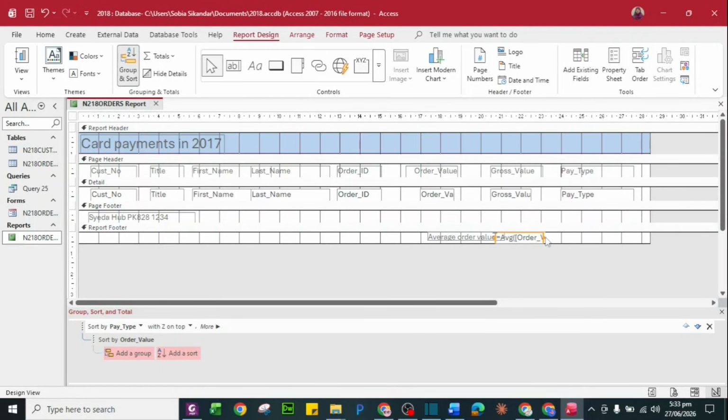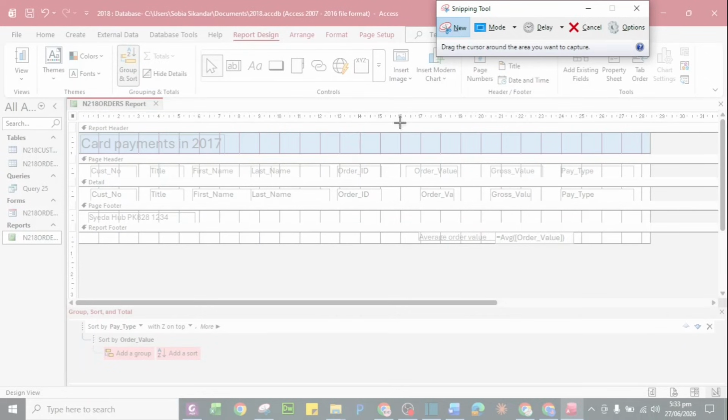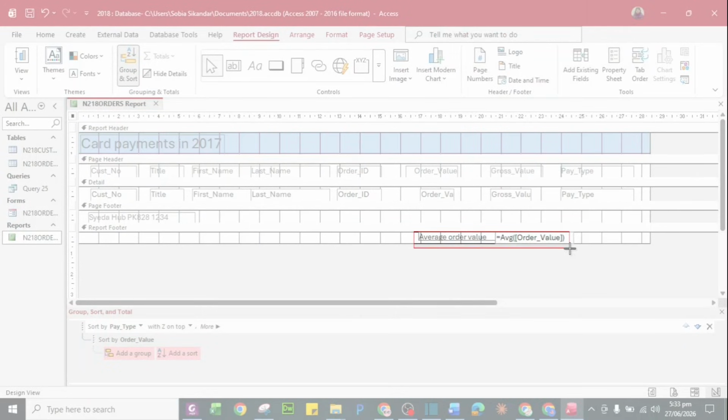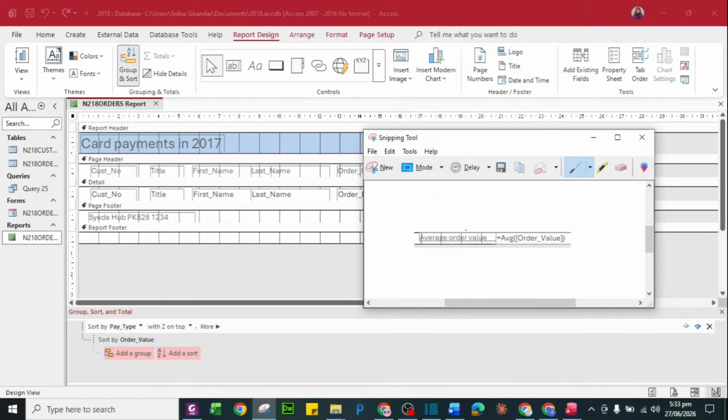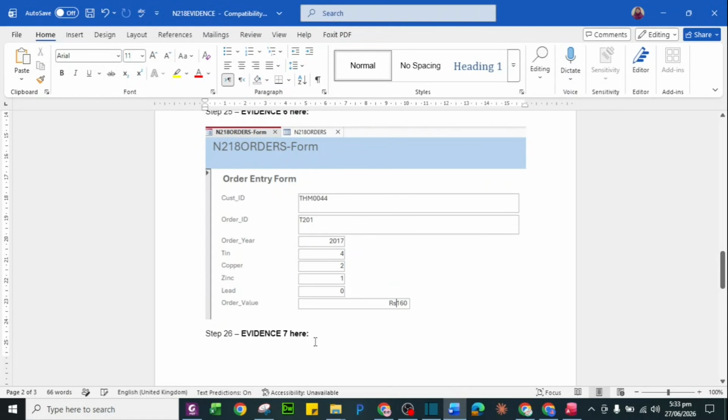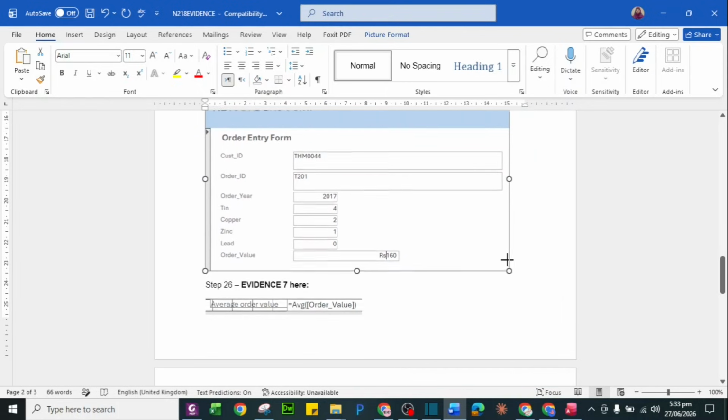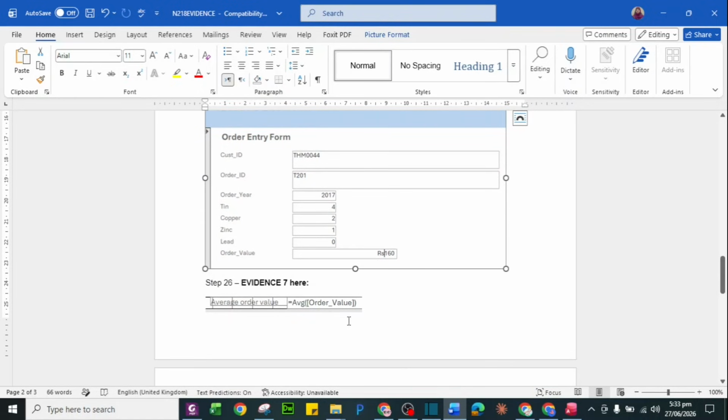Drag it big till it's properly visible and then take a screenshot. Okay, now you can take a snipping tool, take a new screenshot of this label as well as this formula and place it in the evidence document, evidence 7. Make it a bit smaller to fit it here.